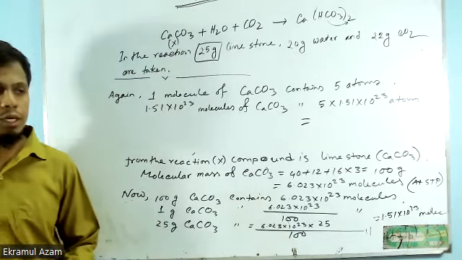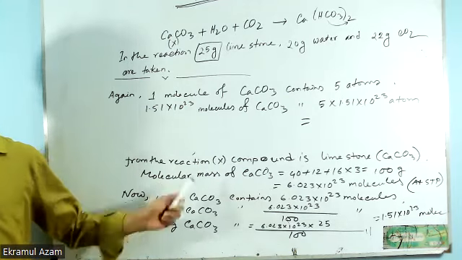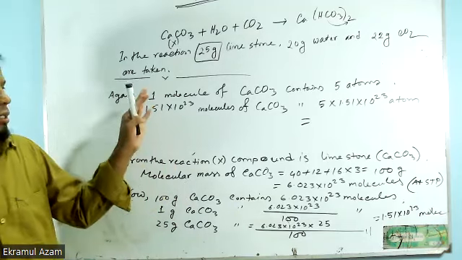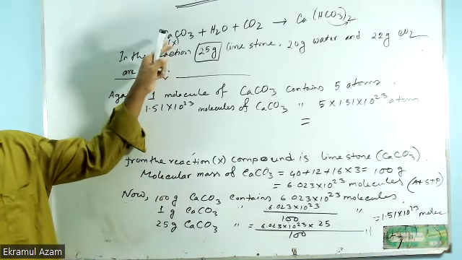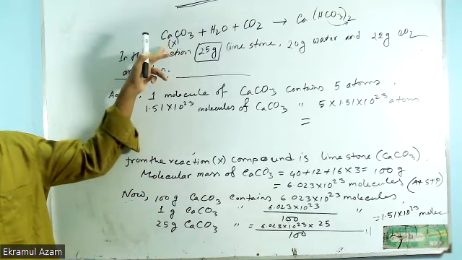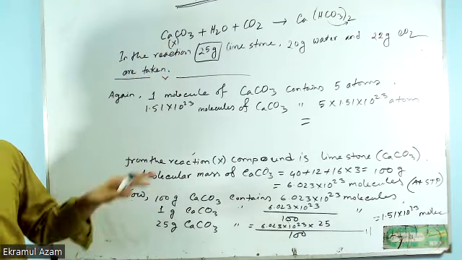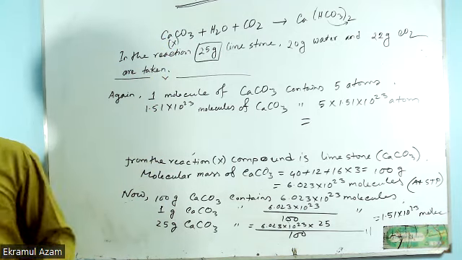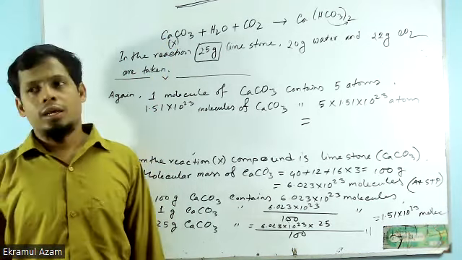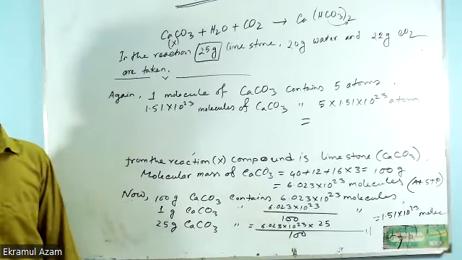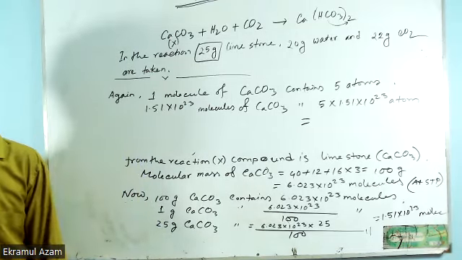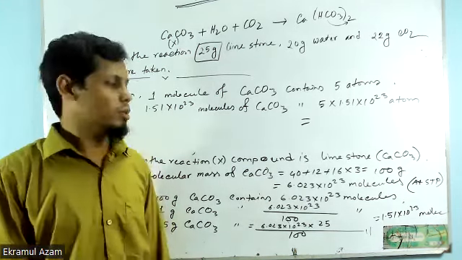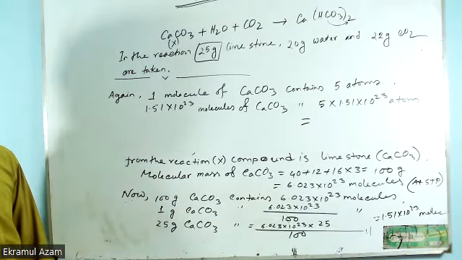Do you understand, everyone? At first, you have to determine the molecular weight or molecular mass of that compound, and then you should know that molecular mass equals Avogadro's number of molecules, like 6.02 × 10^23 molecules in 1 mole. That means in the molecular mass of that compound. Then you have to write like this: